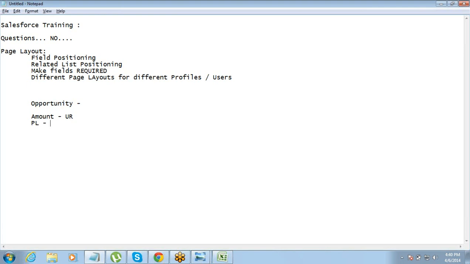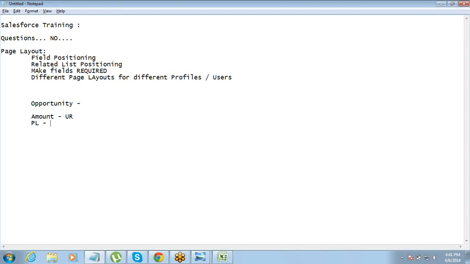Okay. So if some field is required on the page layout, you can still go and do a backend upload without putting a value for that field. Basically, if that field is not something which I opted for when that object was created, it will be hidden in the page layout, but that field will still be there and accessible through the backend. Right. Then in the front end, you will not be able to see that field because it's hidden.